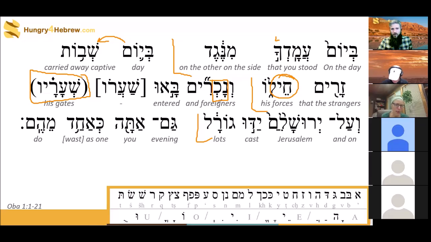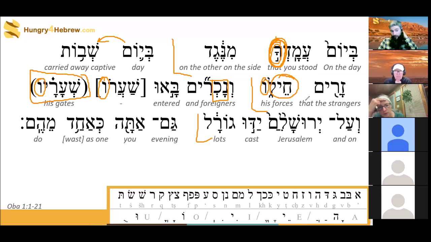v'nochrim ba'u, and foreigners, strangers were coming, entering sha'arav. So this is the idea of, O Edom, you were standing around when these foreigners came and took them away. Who is the "them" or the "his"? Whose gates are we talking about? Israel's. This is chronicling the Babylonian exile, when the foreigners, the Babylonians, took his forces, Israel's, Jacob, Judah, or Judea, whatever,